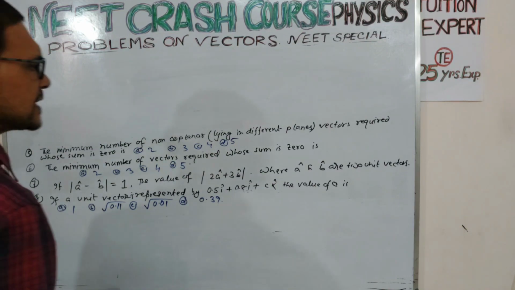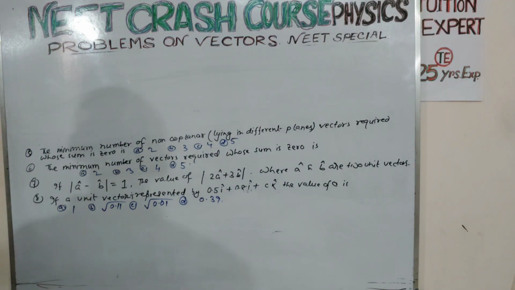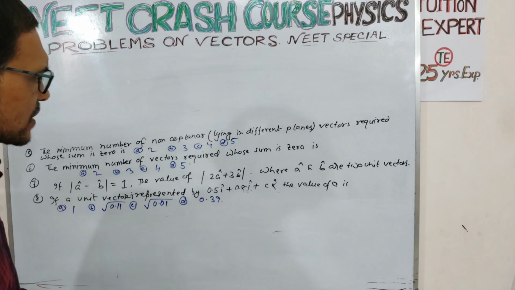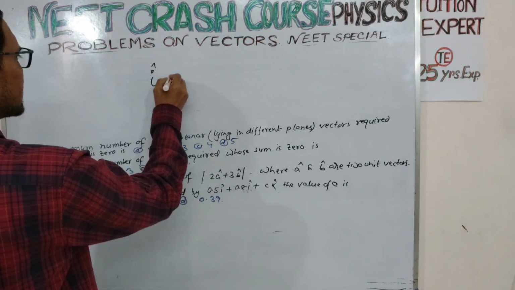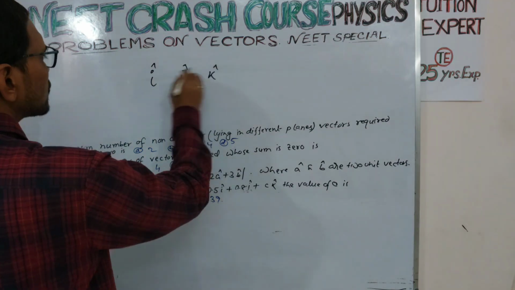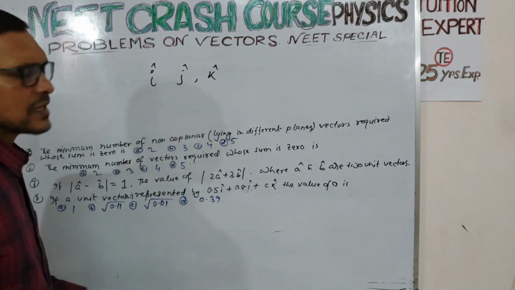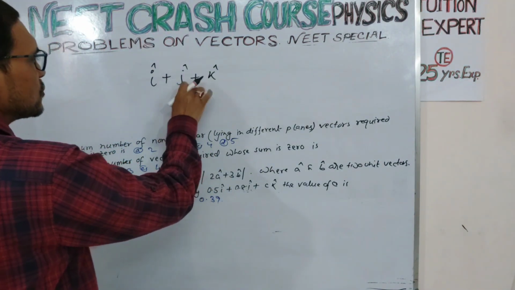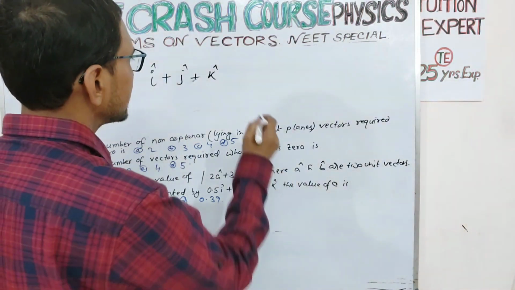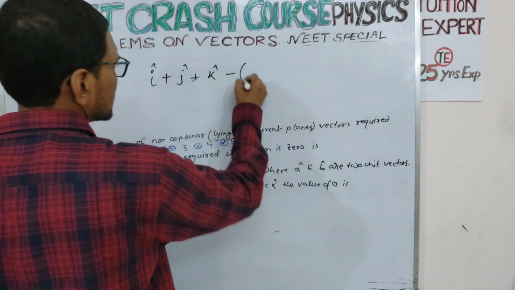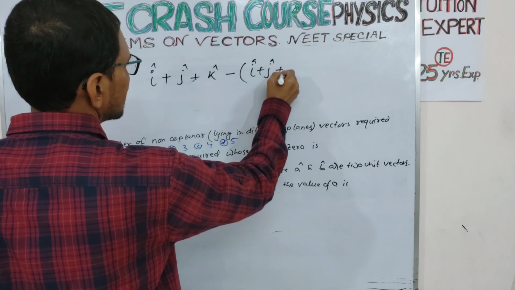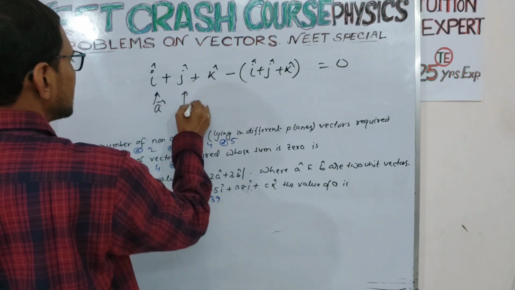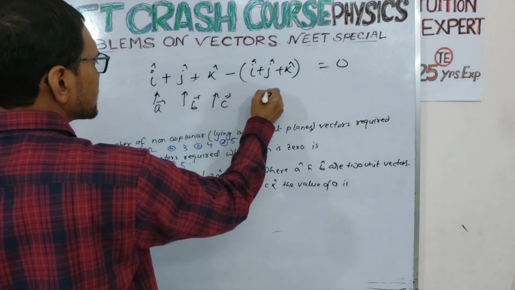Number of non-coplanar lying in different planes vector required whose sum is 0 is which one? Minimum number of non-coplanar vector, suppose I vector, J vector and K vector, 3 non-coplanar vector lies in different planes I, J, K. Now if we sum, this cannot be 0, so we require another vector. If we consider another vector, now this may be 0, so if this is vector A, B, C, so this must be another vector D,